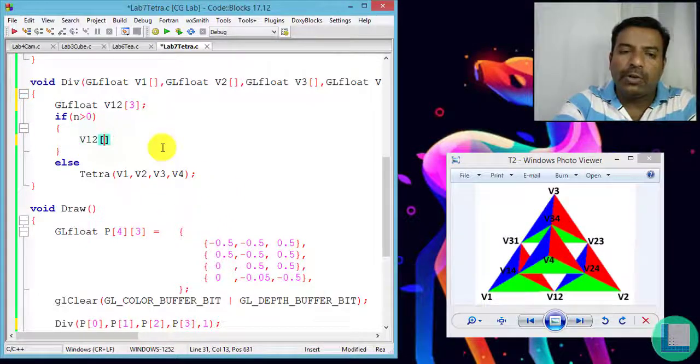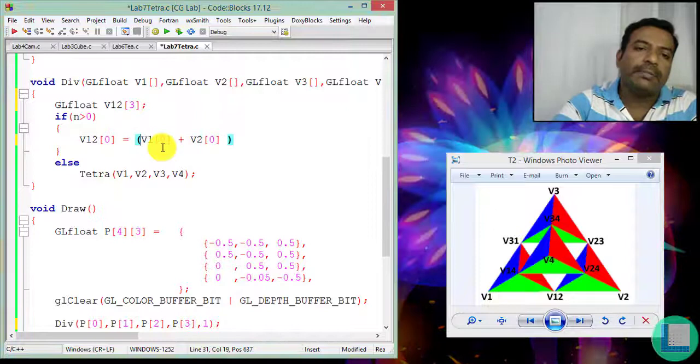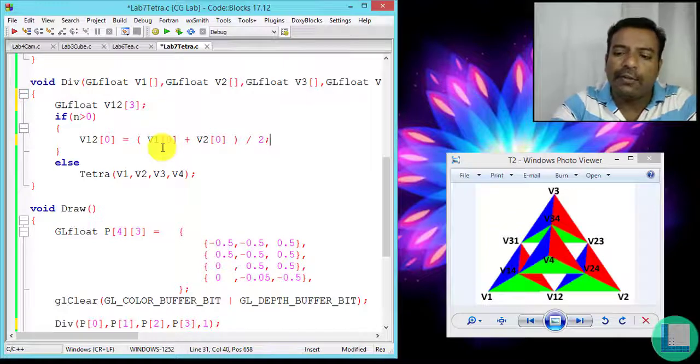Hence I'm going to find the mid value of x by using the x value of v1 plus the x value of v2, and dividing this by 2. Now this is going to give me the midpoint x value, the x value of the first midpoint.